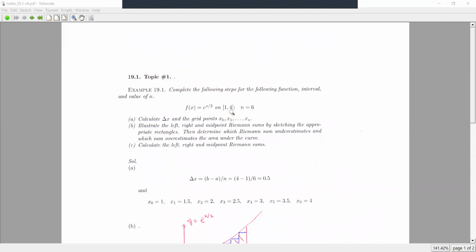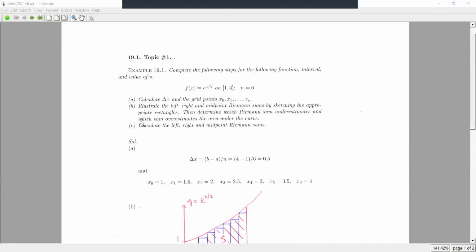To build rectangles, we need to cut this interval into 6 subintervals. Now, the first question. Calculate the length of each subinterval and tell the grid points. Here, grid points means the cutting points. The cutting points. Now let me answer